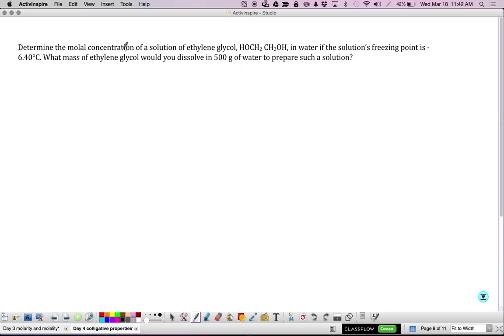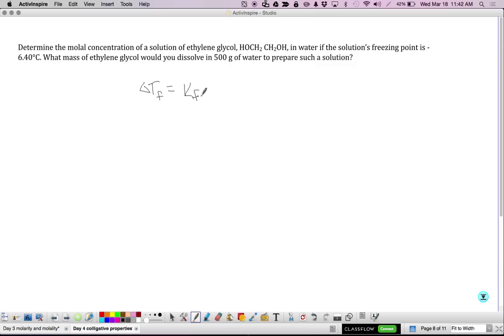So determine the molal concentration of a solution of ethylene glycol in water if the solution's freezing point is negative 6.40 degrees Celsius. What mass of ethylene glycol would you dissolve in 500 grams of water to prepare such a solution? Okay, so this is a freezing point depression problem. Delta TF